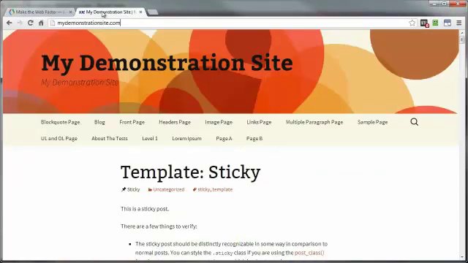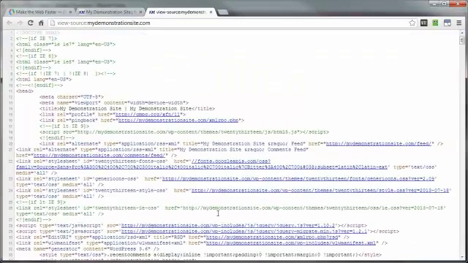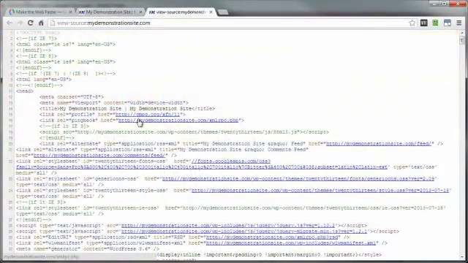Let's head on over to one of my demonstration sites here and check out the page source, or the code that makes up this site. I'm going to right click, then left click on View Page Source. This gives us all the guts of the page there. And you see each one of these URLs here. In order to make that page load, to make it look the way that it does, every time that somebody opens up that URL, each one of these is sent off to the server where it's hosted, requesting, hey, bring this information back here to this person's browser